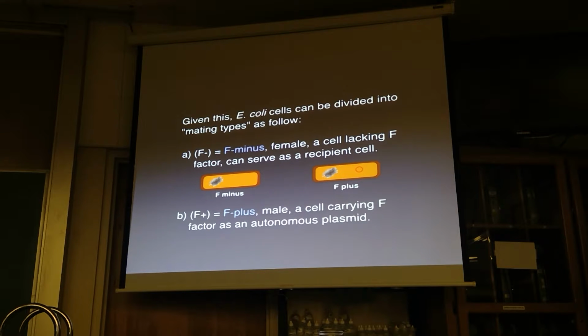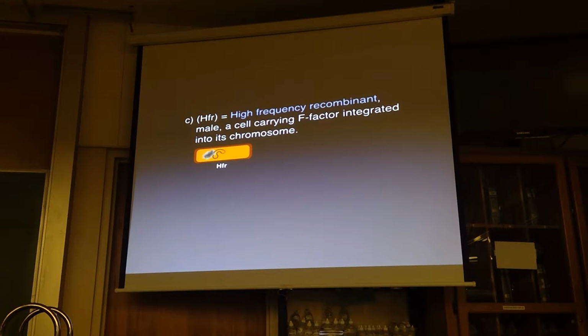My guess is it could have more than one F factor, but it's not in the chromosome. Because the F factor is an episome, it can go into the chromosome. If it's in the chromosome, then that cell is referred to as a high-frequency recombinant. It's also male. Any cell that has F factor is male. So the high-frequency recombinant, we're going to talk about why it's called this. Basically, it has a very high potential of causing the formation of recombinant DNA when it mates with an F-